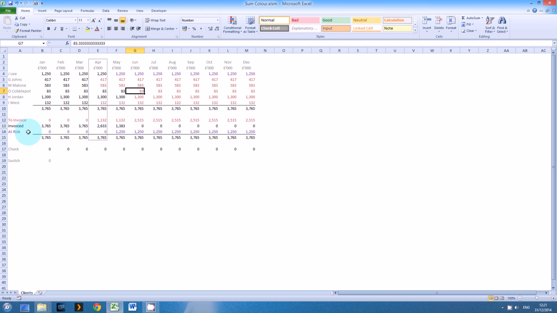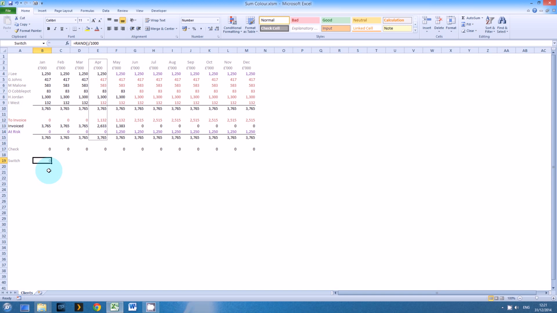So the way to get round this is to put a volatile formula in there, in this case a random number, make it incredibly small so it has little or no effect on the total. Now each time we hit F9 or a number in the spreadsheet changes,